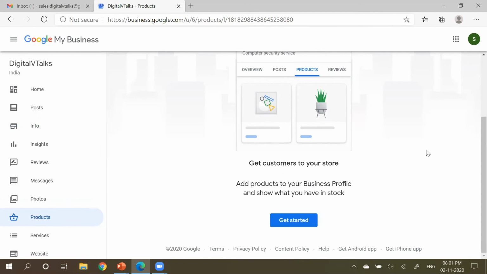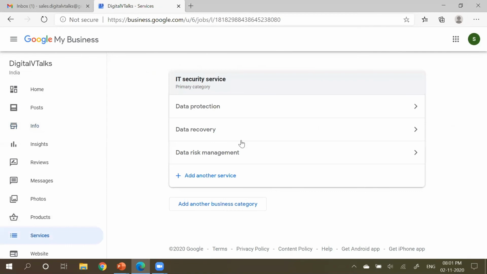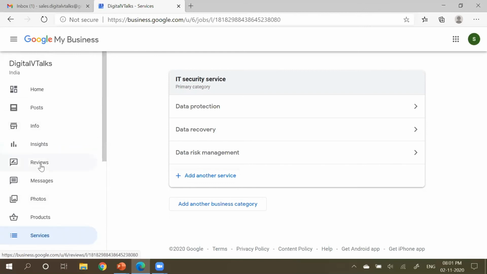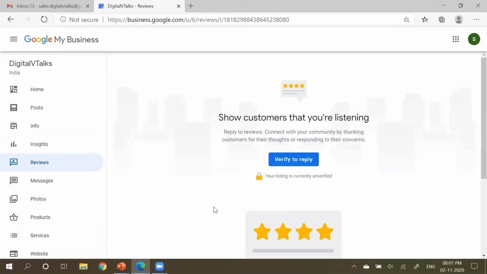If it is a product, you will paste it into this particular option. Product means a live object, something that you can touch. And if it is any type of services, then you'll go into the services section and add your services. Okay, and once these options have been added, everything has been added.